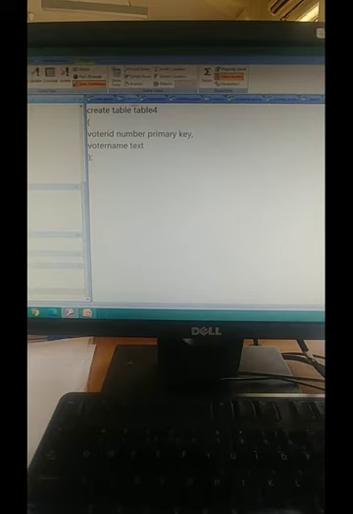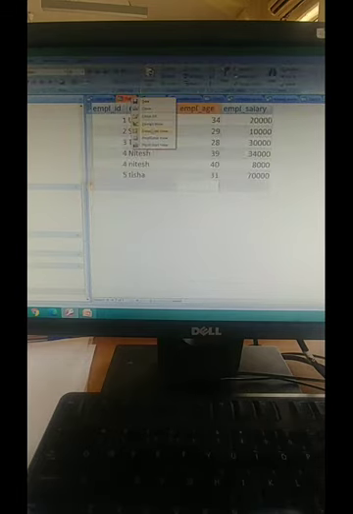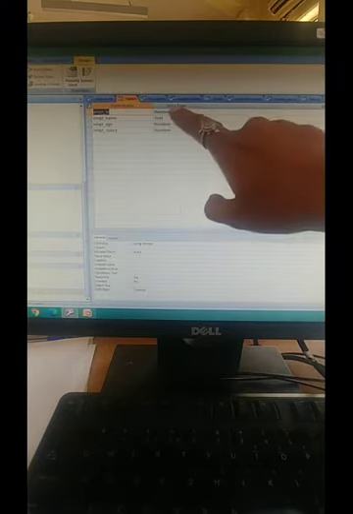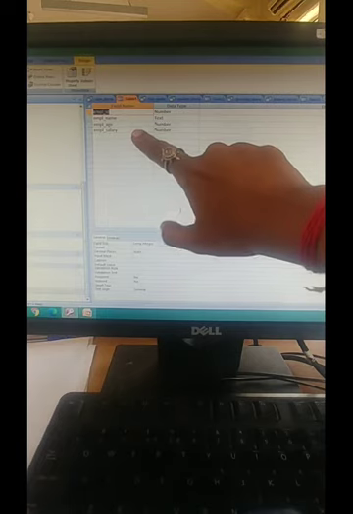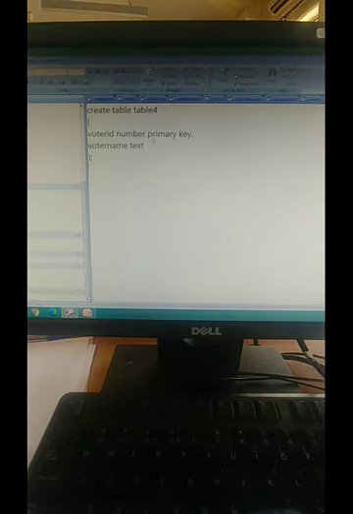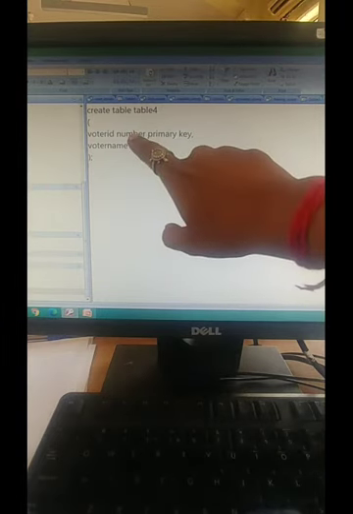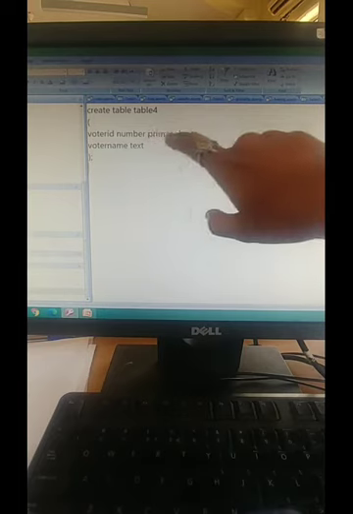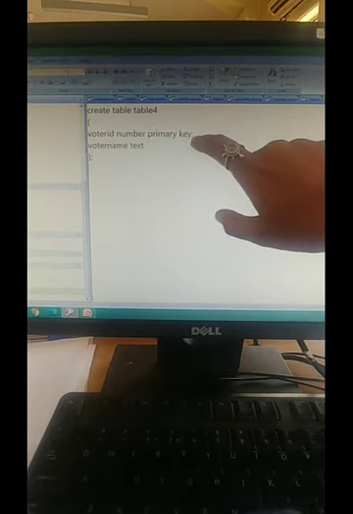It's not showing. I'll show in this. See, here you used to give data type and column name, no? Same way you have to give it while creating in SQL. So voter ID, give the data type, number I have given. I want to set this voter ID into primary key, so that's why I have written primary key, comma.